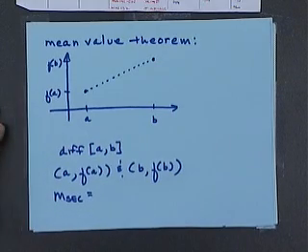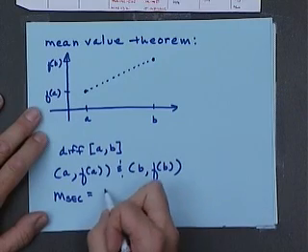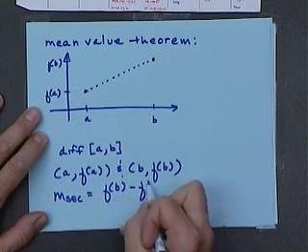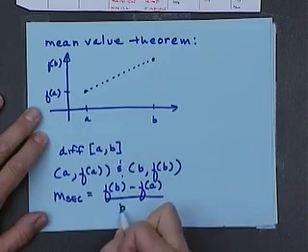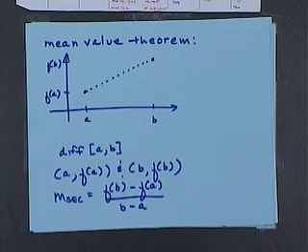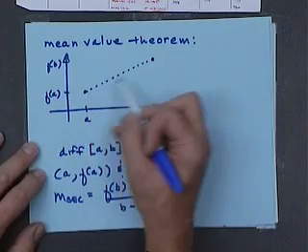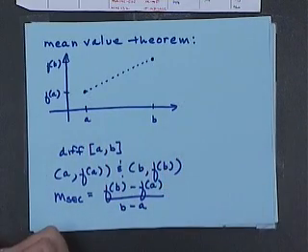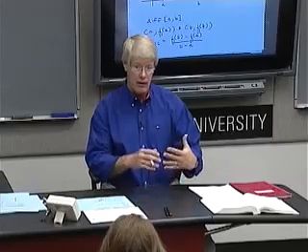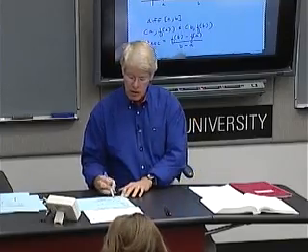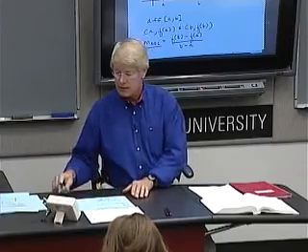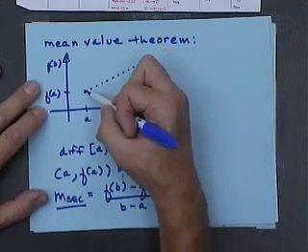So I'll call it the slope of the secant: f of b minus f of a, all over b minus a. Difference of the y's over difference of the x's. If you want to call that the slope of the secant, that's fine. It's also the average change as you go from this point to this point. We don't know exactly how we get there, but we do know we start at the first point and end at the second point, so that's the average rate of change, or I'll just refer to it as the slope of the secant. Let's say the curve does something like,